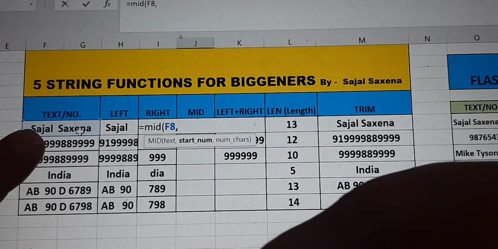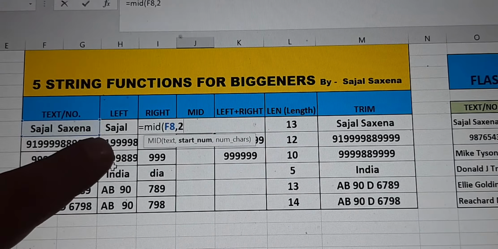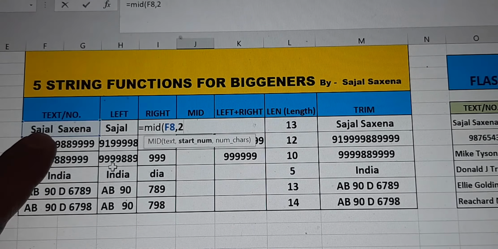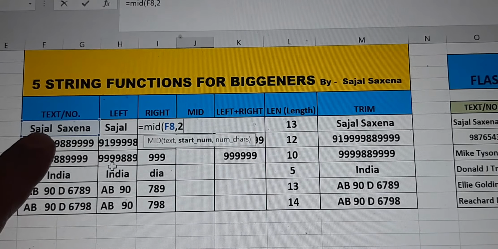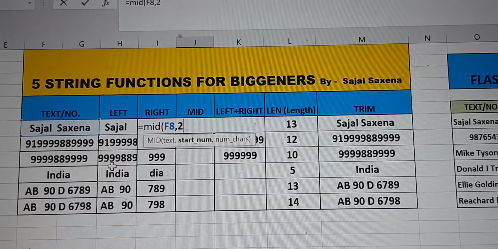So I say 2. This is from the left that we have done. When we want to extract data from the middle, the middle would be between left and right. From the left, I have taken number 2. So the second character is A, and the data will be picked up from here.